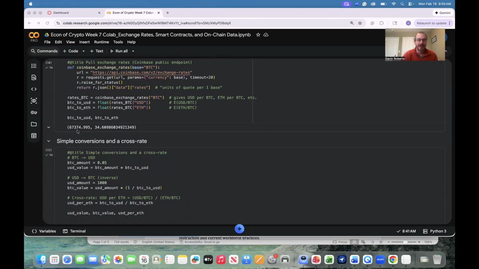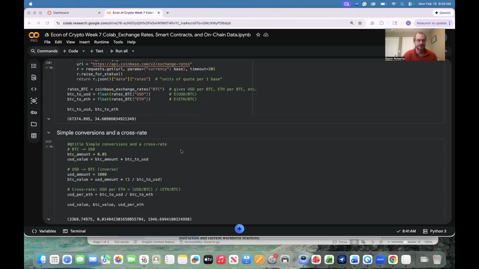and then we use these tools from Python to just get data quickly off of the website. And so right now we have the current price of Bitcoin when I ran this last, and this will update quickly. So this was not that long ago. 67,374.9 here. So that's in US dollars. And then here's our Bitcoin to Ether. So this is how many Ethereum currently are in a Bitcoin. So at today's US dollar prices, 34 Ethereum equal one Bitcoin.